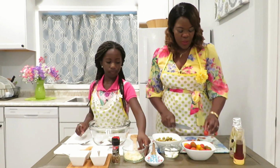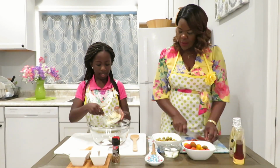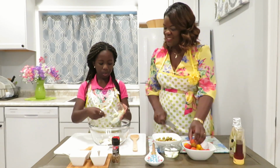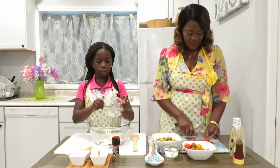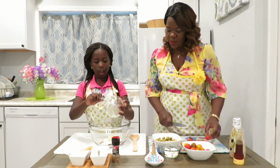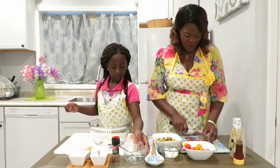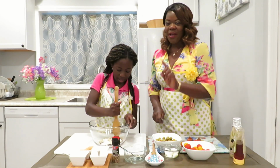And I'm just going to cut them in half. Now we're going to add some garlic in. Yes. We love our garlic. We also put some on our chicken. Yes. So this is about 2 tablespoons of garlic. You mean teaspoon? Teaspoons, yes. Okay, great. And now we have our spoon here, and we just want to break